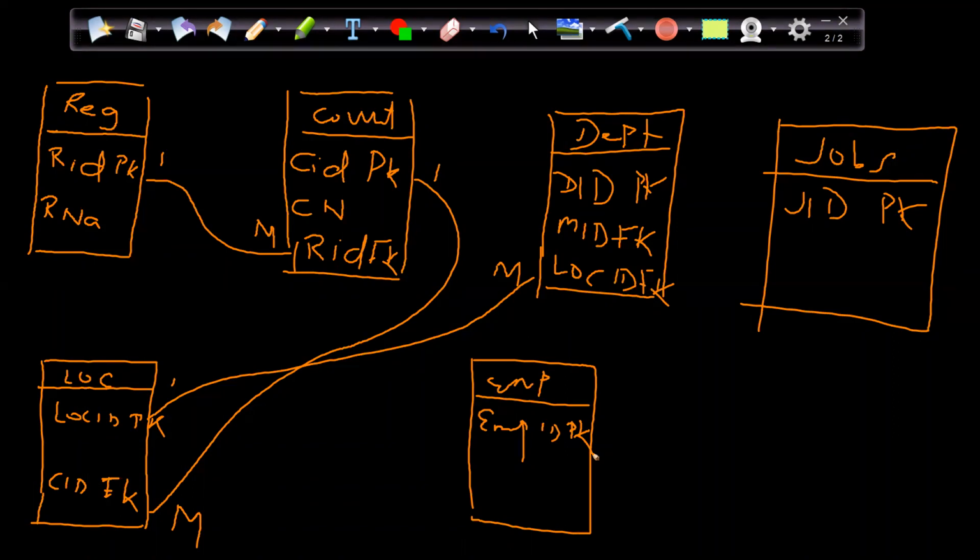Then hire date, job, like lot many columns we have created. Then we had the manager ID. If you guys remember, I had the manager ID, MGR ID. It was its own foreign key, if you guys remember it. It was its own foreign key. So I can show by this type of arrow that it is of its own foreign key.